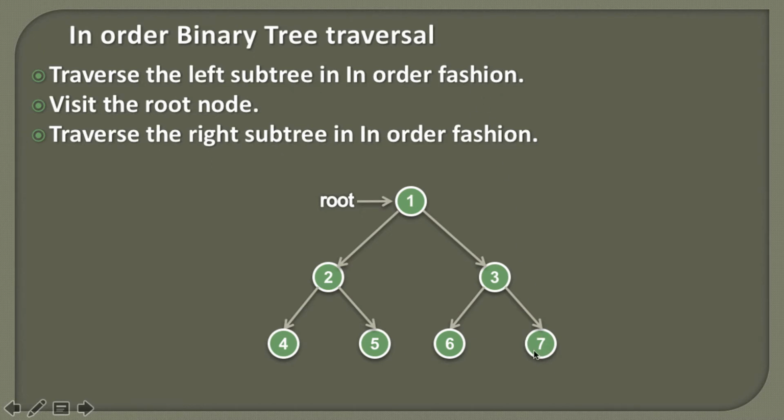We first visit the left subtree of it, then we visit the node, and then we visit the right subtree. So friends, as we know that node 7 has no left subtree, therefore we are done with the processing of the left subtree for the node 7, and then we actually visit the node 7 and then we go to its right subtree. Here we can see node 7 has no right subtree, therefore we are done with the processing of the node 7.